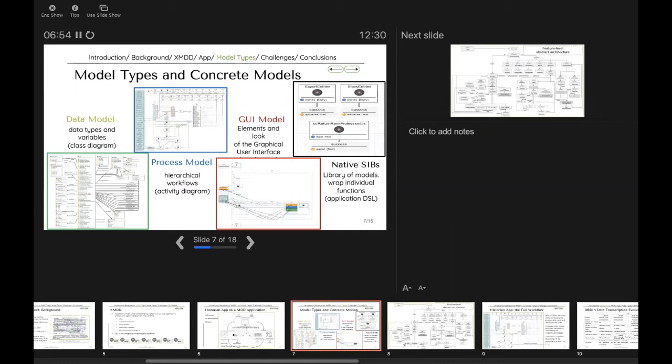A collection of GUI models defines the abstract and concrete look of the presentation layer of a DIME application. The GUI model calls the process model to execute an operation. In DIME, the actions and services are collected in domain-specific palettes, which is basically a service component-oriented DSL. The DSL elements correspond to the individual functionalities that are either directly implemented or provided by an external service provider. The individual functionalities are modeled as specific native types called native SIBs, or service-oriented building blocks, which enable interoperability at the structural level.